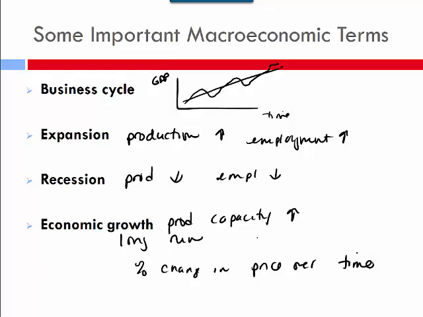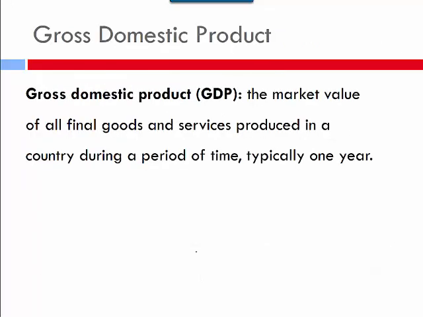So when we talk about these three goals, it's really hard to achieve all three of them, because basically whatever you do to make employment better is going to make inflation worse, and whatever you do to control inflation is going to make employment worse. So they contradict each other. If everything is cruising along okay, it's not that hard to manage. But when things get out of whack, it's hard to fix one without impacting the others. So the main thing we want to talk about in this chapter is gross domestic product.